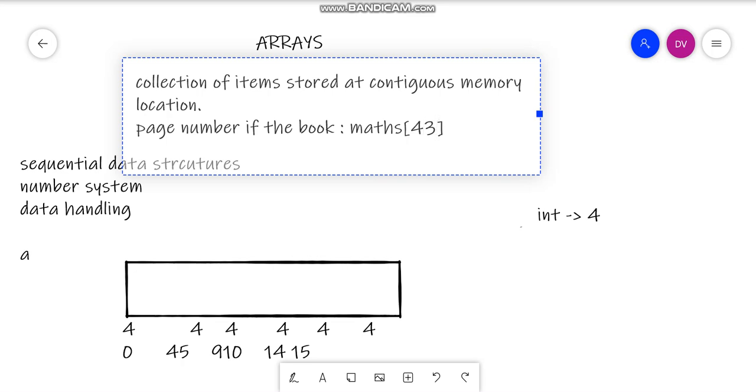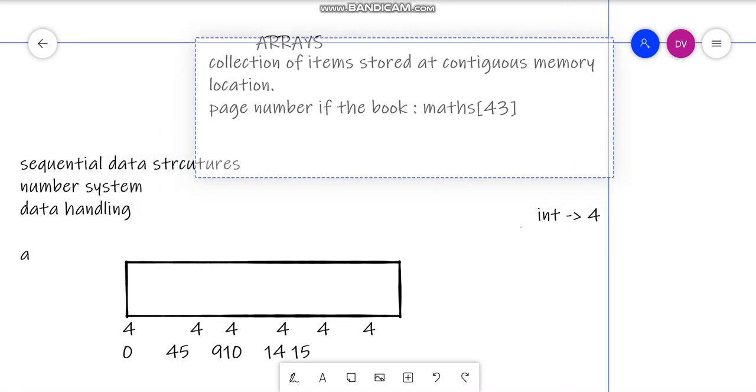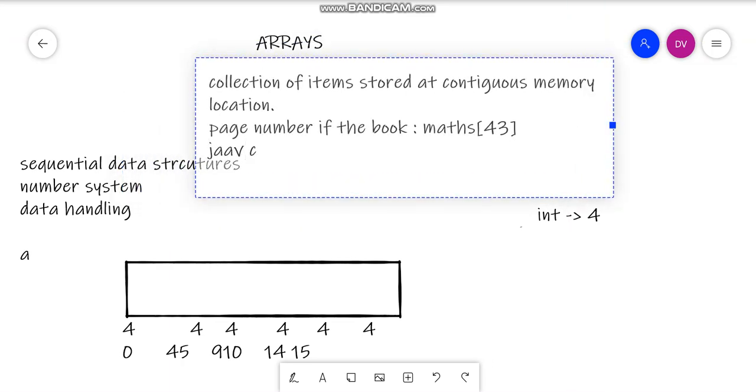So this is how an array is represented: the name of the array, and the location inside the brackets. This is the same in almost all the major programming languages, like Java, C, C++, or Python.